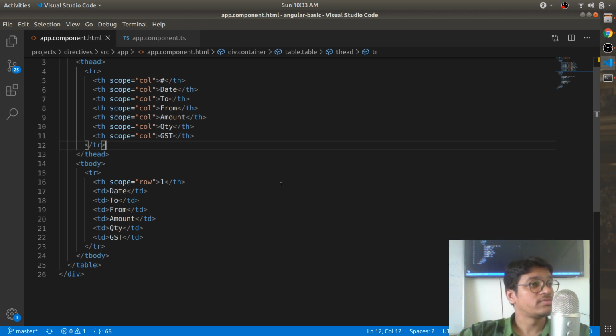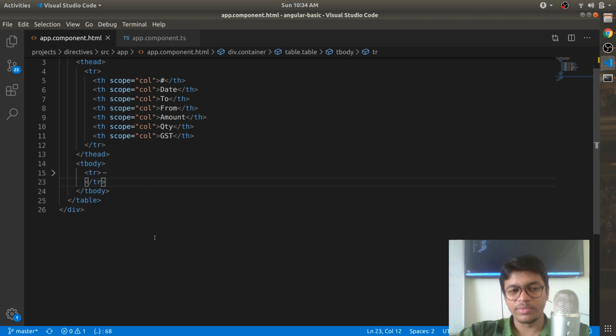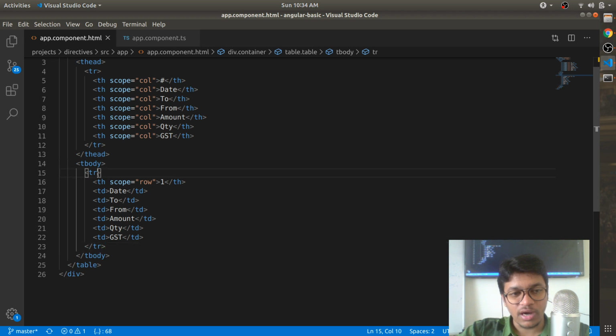star-ngFor. Right. So what you want to iterate? This single row. These rows would be multiple. That need to be created. DOM for that need to be updated automatically. Dynamically, right? So what you will do, star